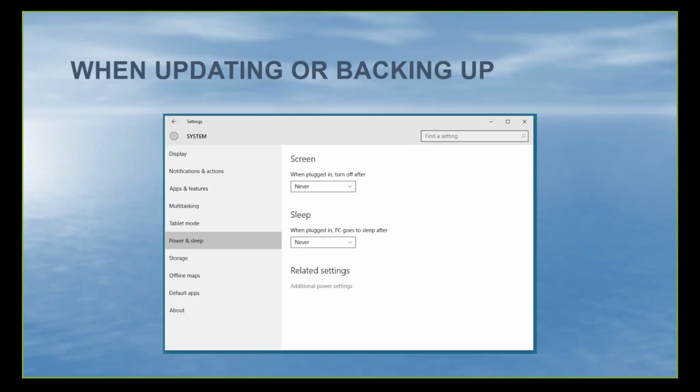And the same thing with a backup. And then you also want to make sure that you make some setting changes so your computer doesn't go to sleep or it doesn't shut down while you're in the middle of either updating, upgrading, or backing up. And so I always set those when plugged in to turn off, and for sleep as well to mark it as never. And that way, when it's plugged in, it's not going to shut down while you're doing a long backup or a long update,